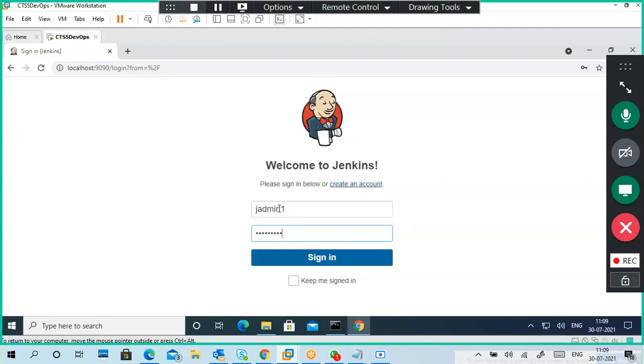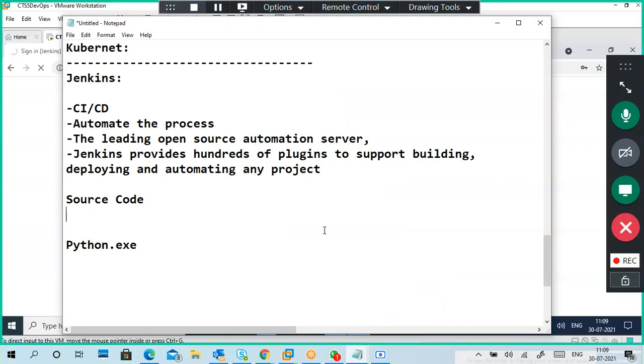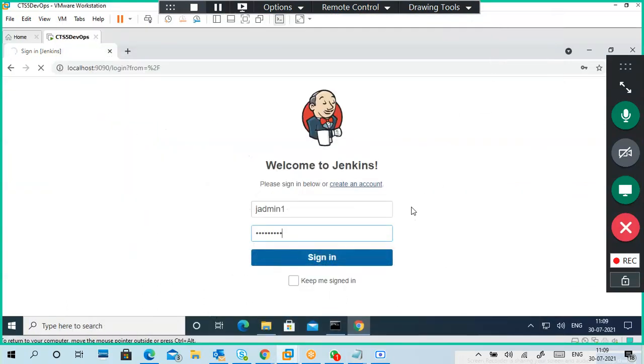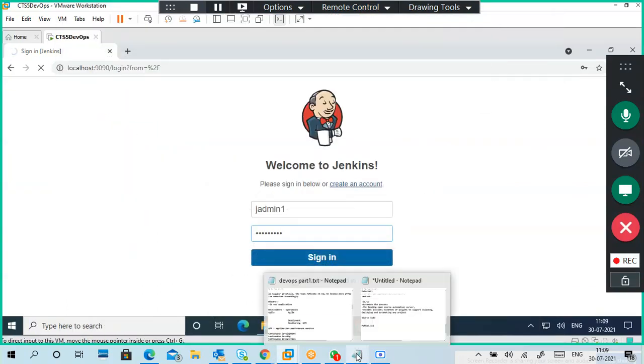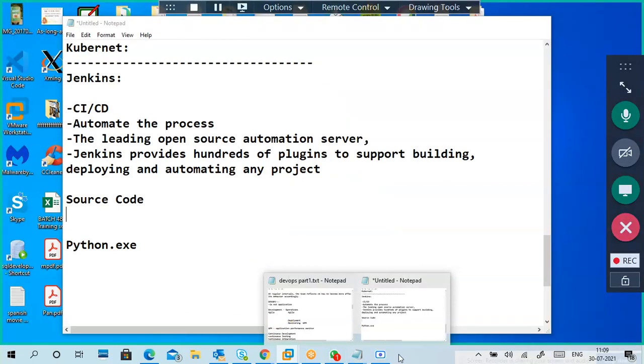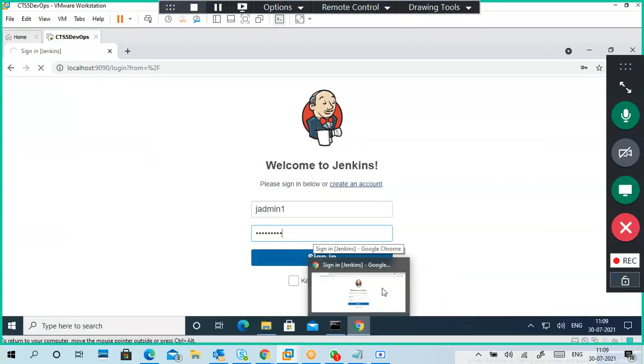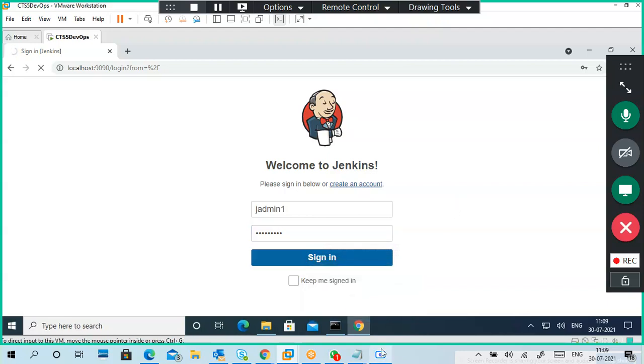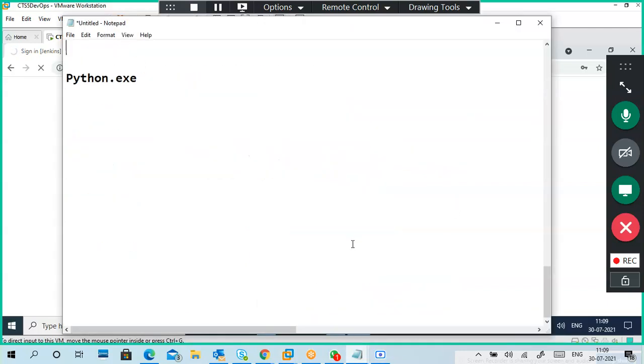So I created a username like that. What is the IP address of localhost or loopback address? Yeah, you know that answer, guys. 127.0.0.1.